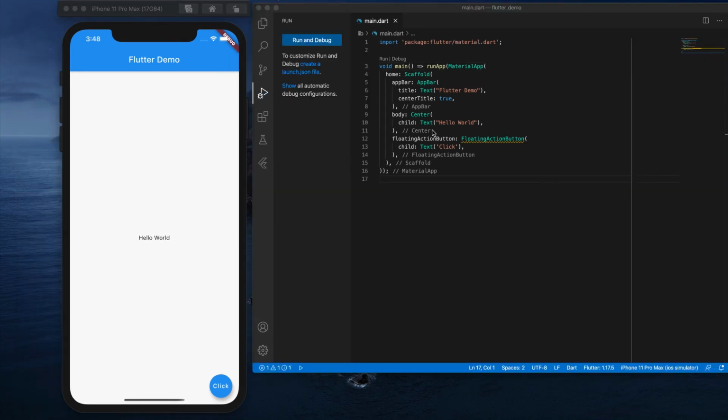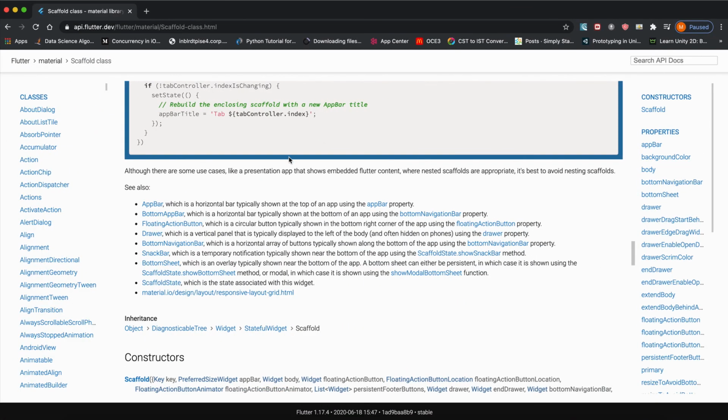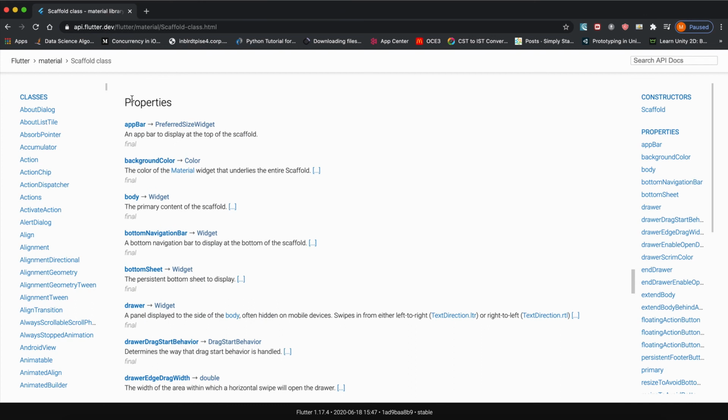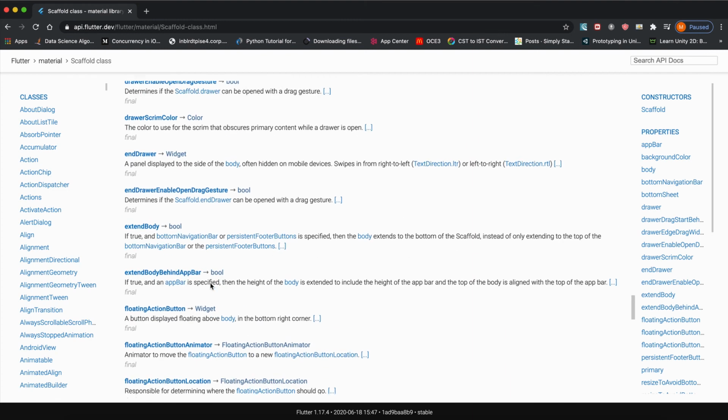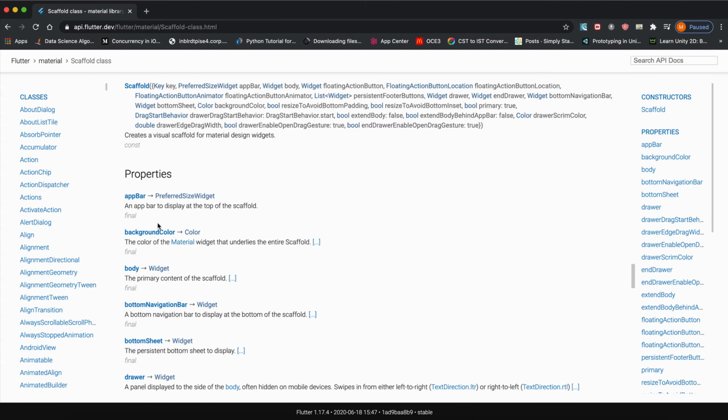We are creating the Scaffold widget over here, and if you want to create some more inside the Scaffold, you can get the list of properties over here. If you open this, go to this API Flutter dot dev page, you can go down and see the list of properties. From this list, we have created the app bar and the body inside the Scaffold. In the same manner, you can create some more properties. When you practice on that, you will understand, and a lot of properties are available here. You can use any one of them. This link I'll post in the description. You can give it a try.